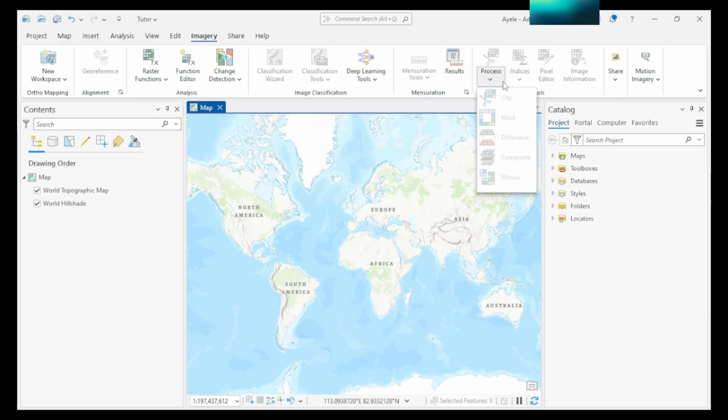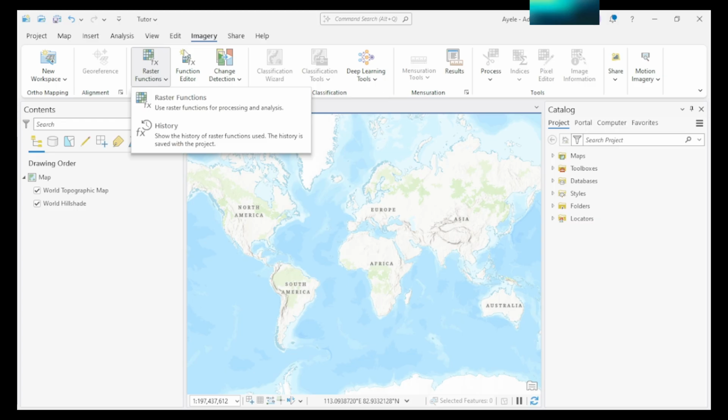processing, here clip, mask, difference, composite bands, mosaic, pixel editor, image information, share, motion imagery, classification tools, classification wizards, change detection, function editor, raster functions. Those all are under image or imagery.